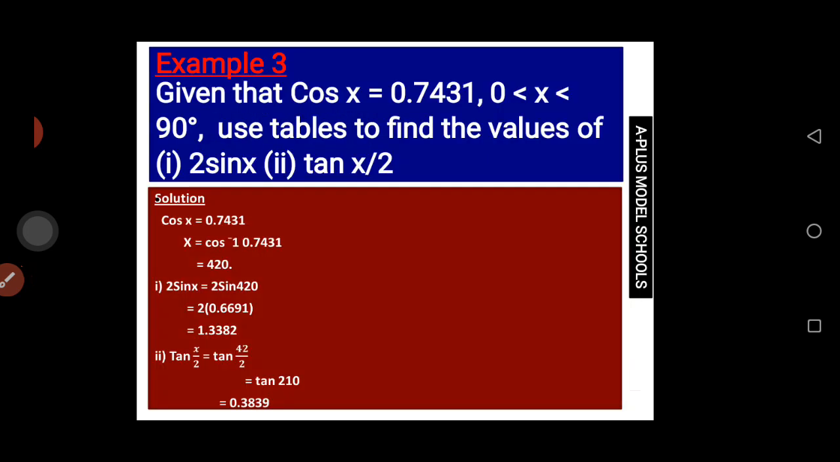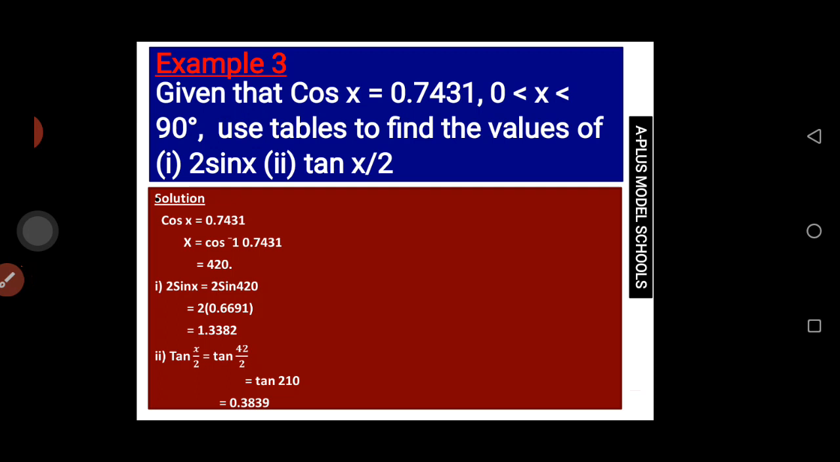Now this is another example, which is example 3. Given that cos theta equals 0.7431, where x is greater than 0 but x is less than 90 degrees, use tables to find the value of 2 sine x. It means here we are going to make use of our 4-figure table. Here we have cos x to be